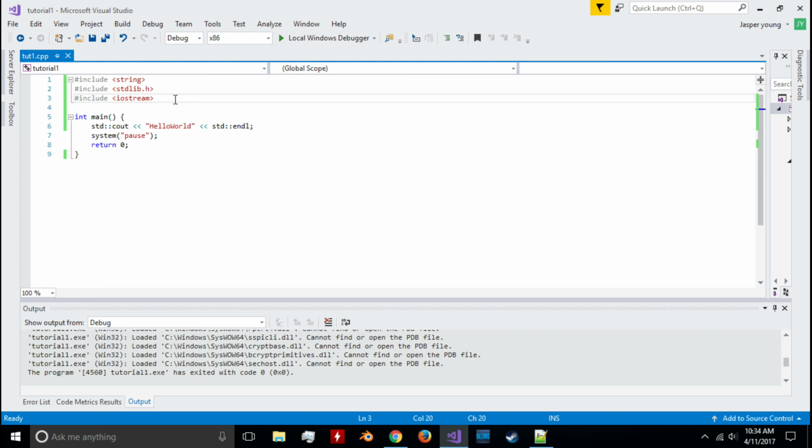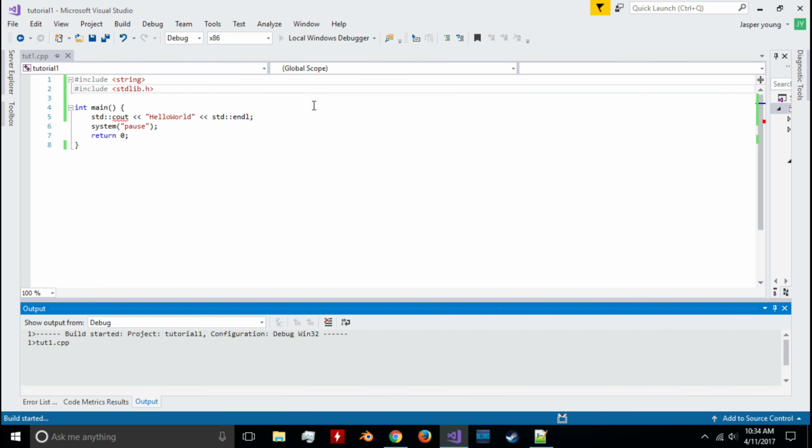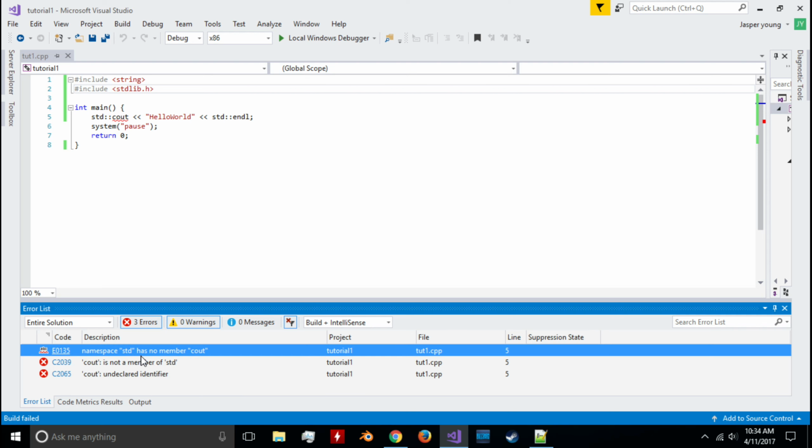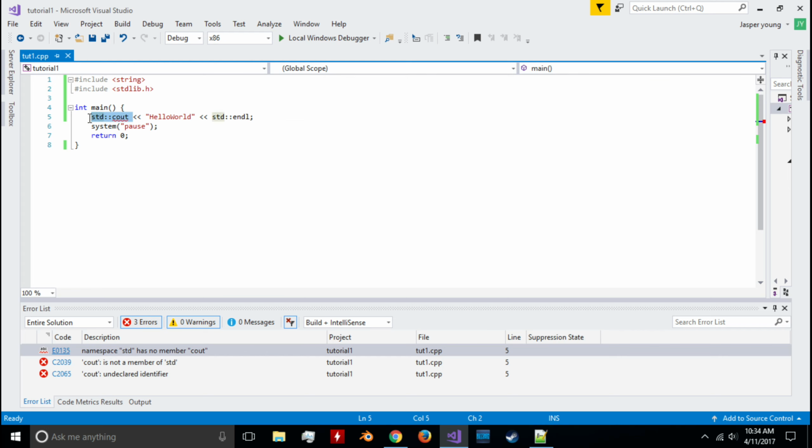So, to start off, I'm going to delete this, and if anyone can predict what's going to happen, it's going to crash. Well, it won't compile. It'll say there's no member cout, so we're trying to access the namespace std and use the function cout, or the variable cout, I'm sorry. It doesn't work. But if we put this in,